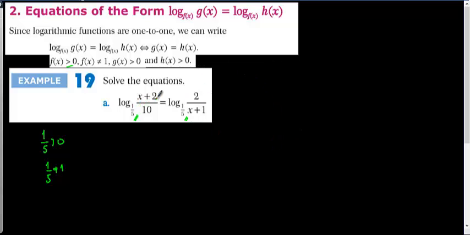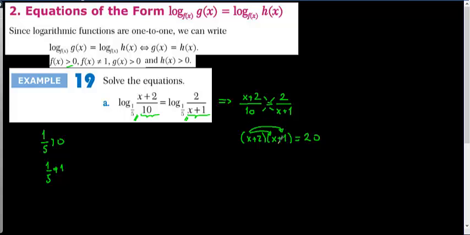Let's see. In this condition, it says that if two logarithmic expressions are equal, this argument and this argument should be equal to each other. So this implies that (x plus 2) over 10 is equal to 2 over (x plus 1). If we cross multiply, we get (x plus 2) times (x plus 1) is equal to 20. If we multiply the terms one by one, x squared plus x plus 2x plus 2 is equal to